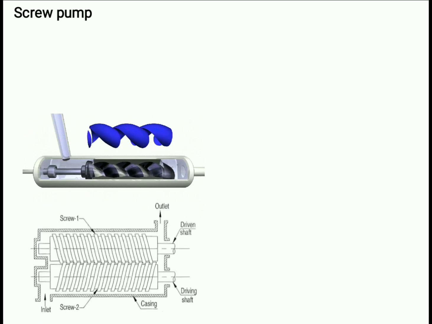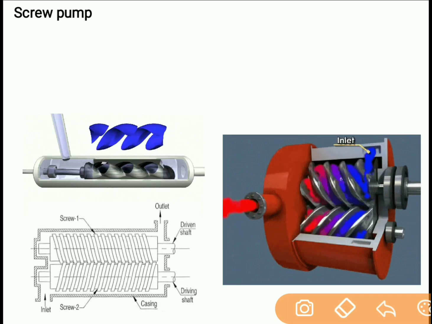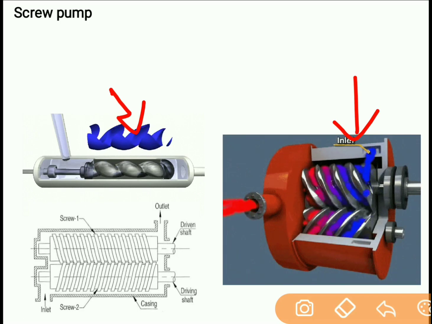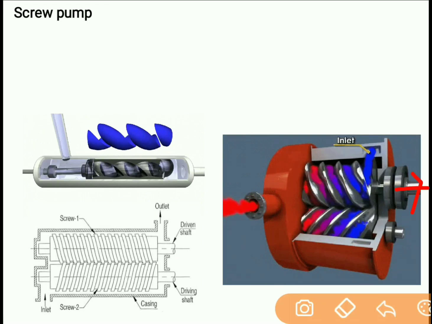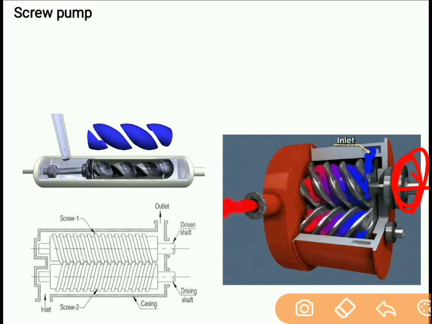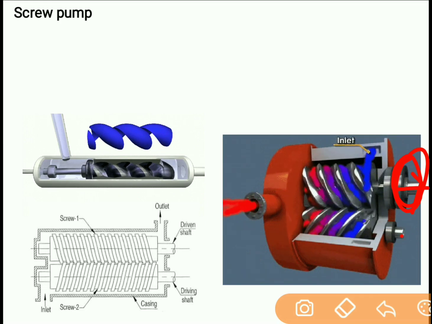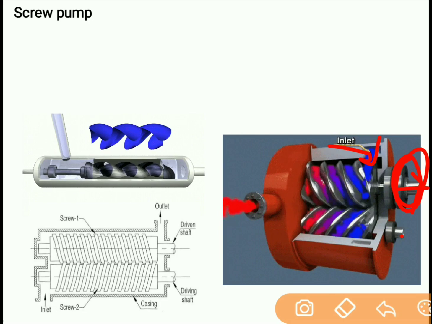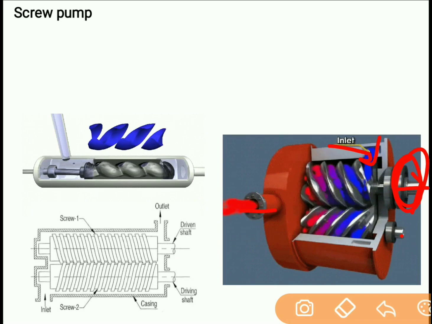Now let's move to the next category of the pump, that is screw pump. In screw pump, you can see two screws in mesh with respect to each other. The liquid will get transferred in this helical path. One end of the screw is connected to the prime mover, so this screw is connected to some power source, that is nothing but an electrical motor. As one screw rotates, it causes the other screw to rotate. Now the liquid will enter from the inlet and get squeezed between these two screws. Because of this squeezing action it will get compressed, and this compressed liquid will get transferred to the discharge side.